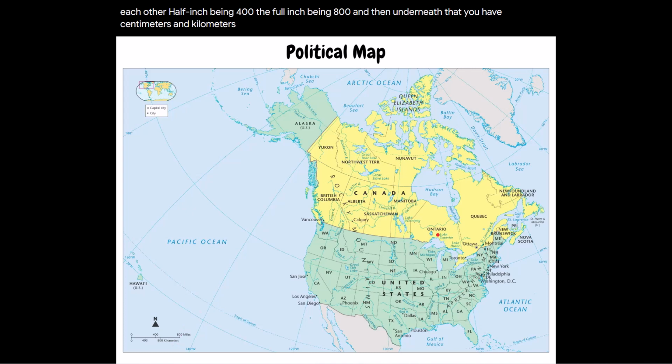So the political map will show you the names of the countries. It'll show you some important geographical features. So you see the Pacific Ocean, you can see the Great Bear Lake in Canada, Baffin Bay, you can see the Mississippi River, and then you'll also notice that the countries are differentiated by color. This map is usually one of the easier ones to read. So we'll move on to the next, which is